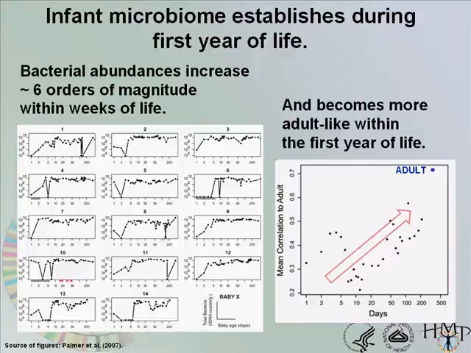But we will see that within about the first year of life, so this is data from the same study, in days, and this is correlation to the adult microbiome, that basically, and this is my red arrow, not theirs, you start seeing this trending of the composition of the community coming together and becoming more adult-like. So there's some kind of process that happens to allow these microbiomes to establish.